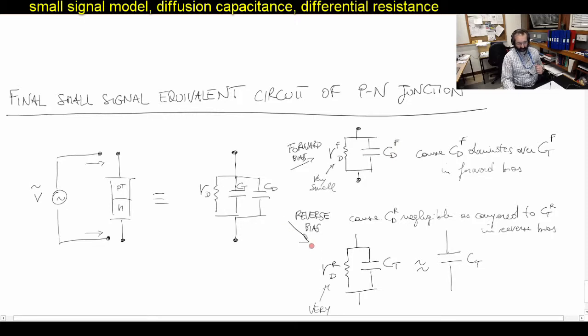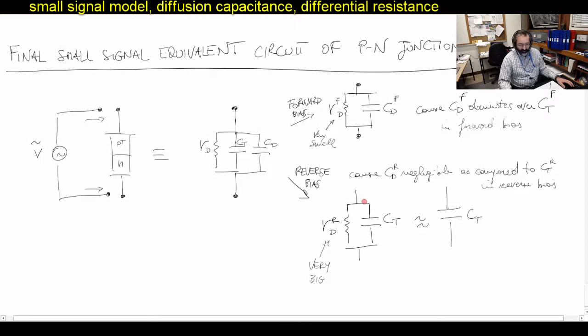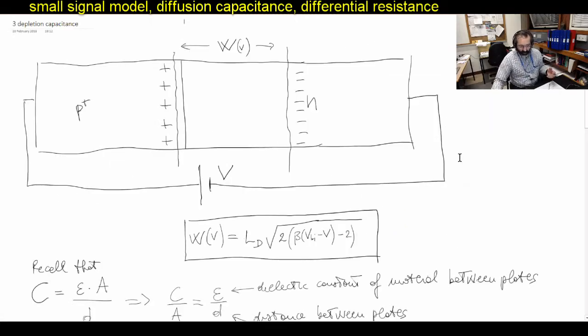In reverse bias instead, we have to drop out of the model the diffusion capacitance, which we said is very small. And so in principle, we should have the parallel between the differential resistance in reverse, which generally is very big, as we said, because of the exponential dependence on the voltage, and the depletion capacitance, which is quite smooth. This doesn't change a lot. Remember that the depletion capacitance, as we discussed last time,